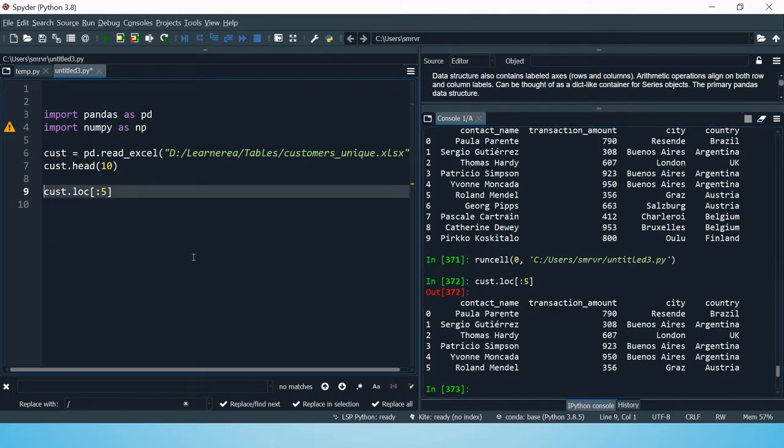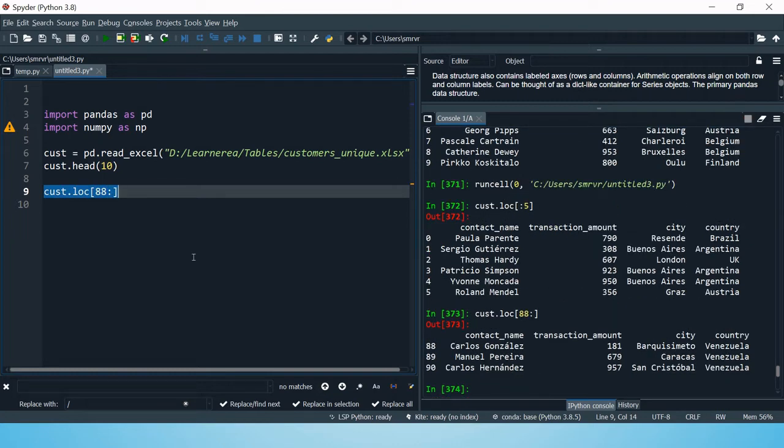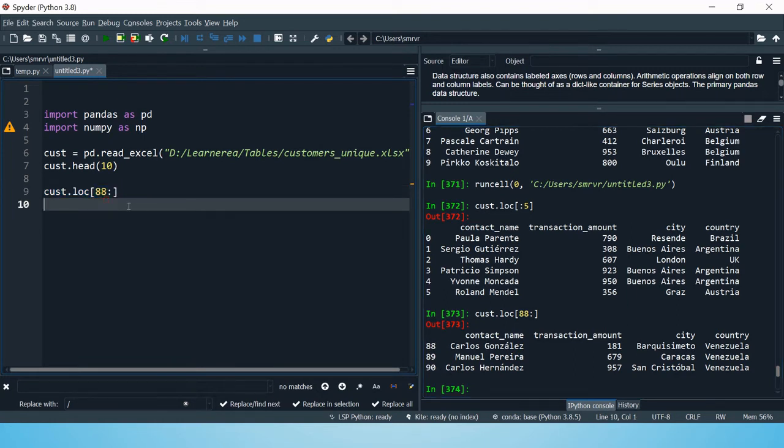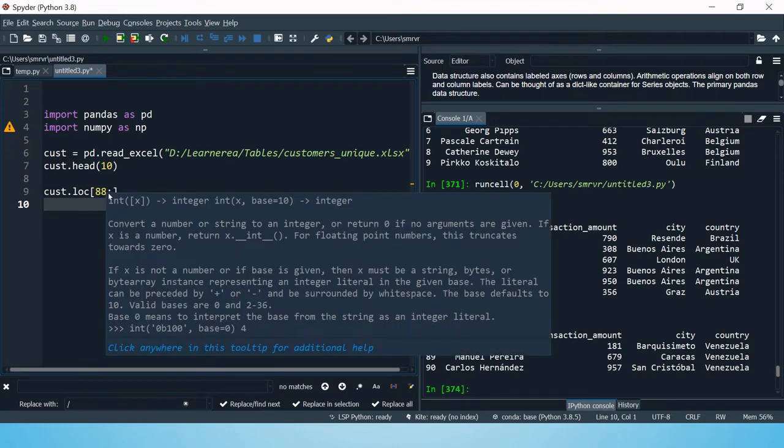If you want to see the rows starting from 88, all the rows starting from 88 till the end, it will start from 88 and give you rows till the end of the data frame. So this is how you can make the selection of rows.